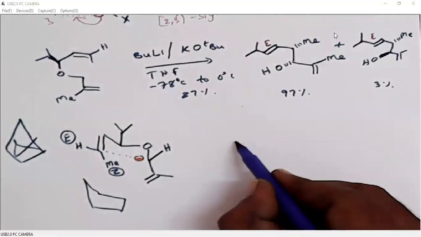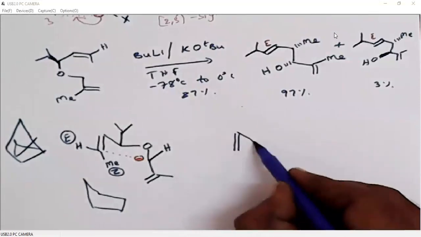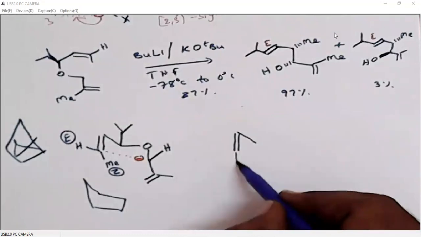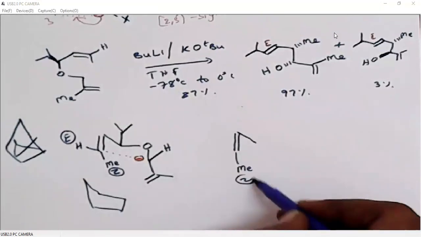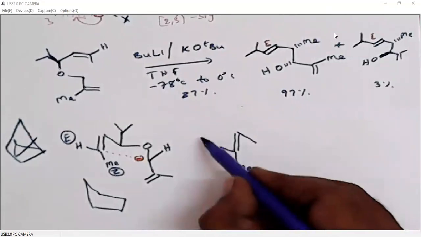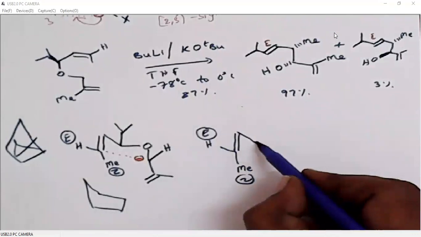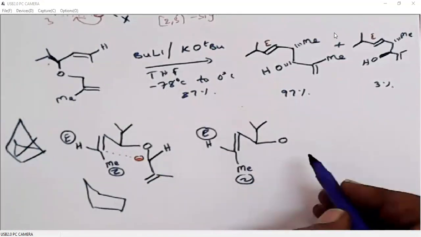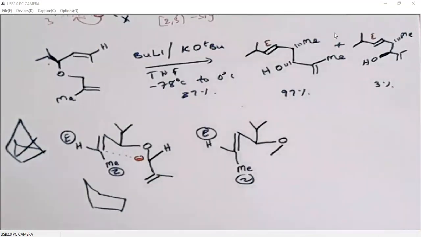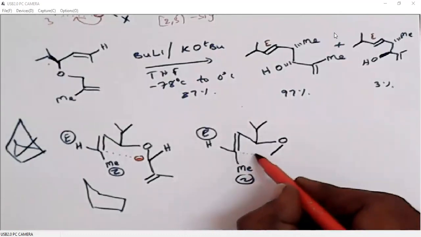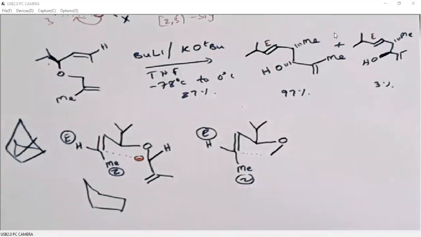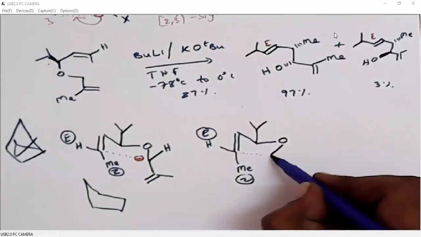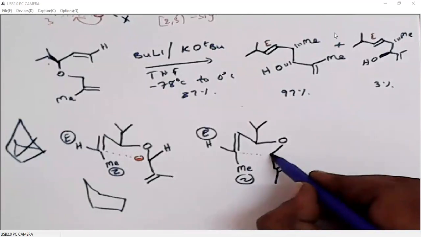So what we will do, we need to write the envelope conformation. We will place the double bond here. Whatever the Z substituent is, we will place it here. Whatever the E substituent is, we will place it here. Then of course we have the isopropyl group above the plane. Then oxygen, and we have this. So when we write like this, you can see it is an envelope structure. Then we will write a simple alkyl group below the plane and hydrogen above the plane. You can write like this, or you can also write like this.